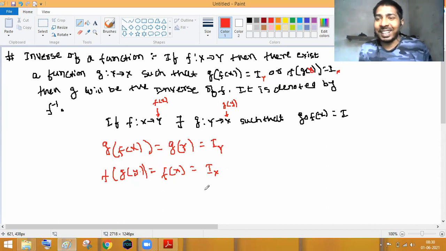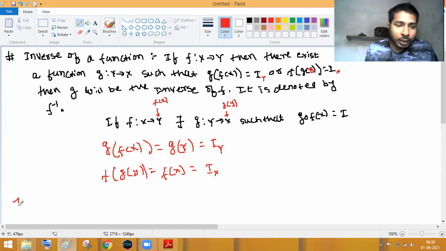You don't need to think about all this. Identity will come in x, in y. This is just a concept, why it is written in the NCERT that I'm explaining here. If you want to adopt this method to solve questions you can, otherwise there is no need to solve that. But the important point for the inverse,